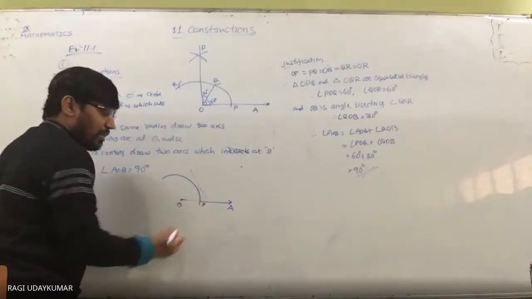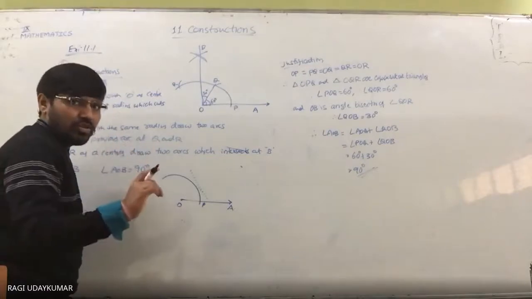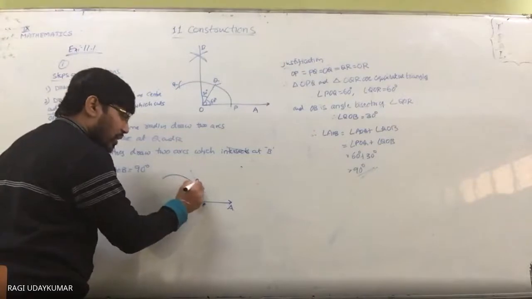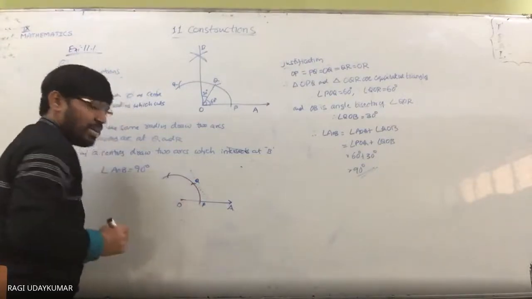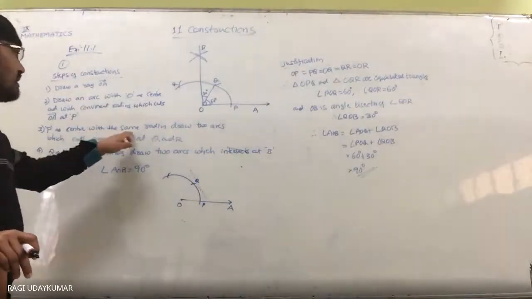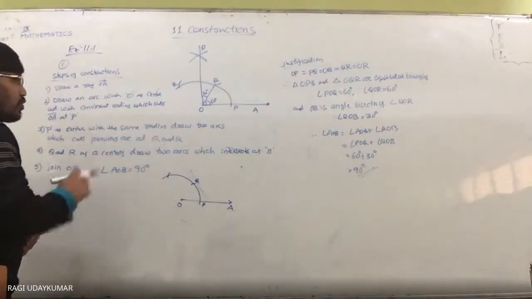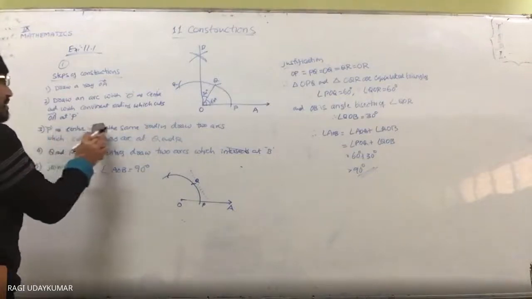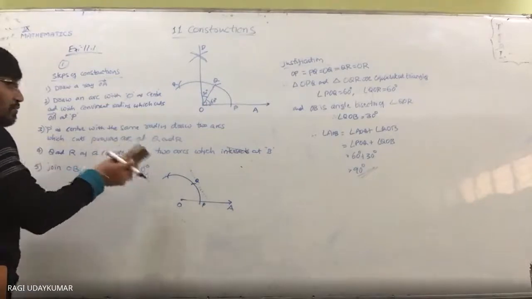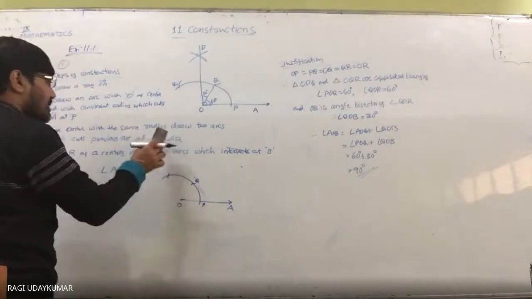This intersecting point P मानो. P, वो arc radius कितना है उतना ही ले लो. And don't change that. P as a center, one arc here, and this point as Q, and Q as the center, another arc here. Okay, so here P as a center with the same radius, draw the two arcs. Okay, sorry, here we did a mistake. P as a center, two arcs, you are not supposed to write here, because P as a center, two arcs we are not writing. Once P as a center, one arc, which cuts the previous arc.